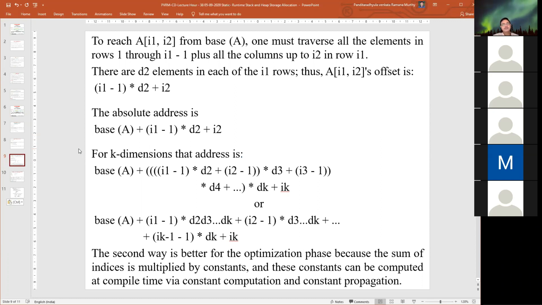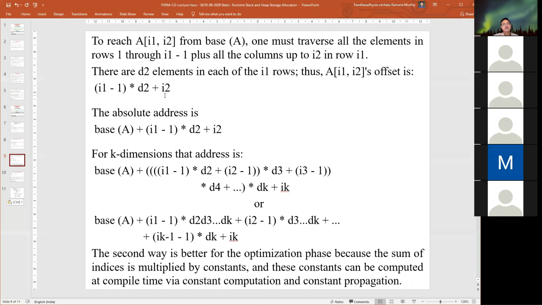So for the I1 row in D1, every row contains D2 elements. The offset is calculated in static memory allocation as (I1 minus 1) into D2, plus I2. So these locations are identifying the memory locations.